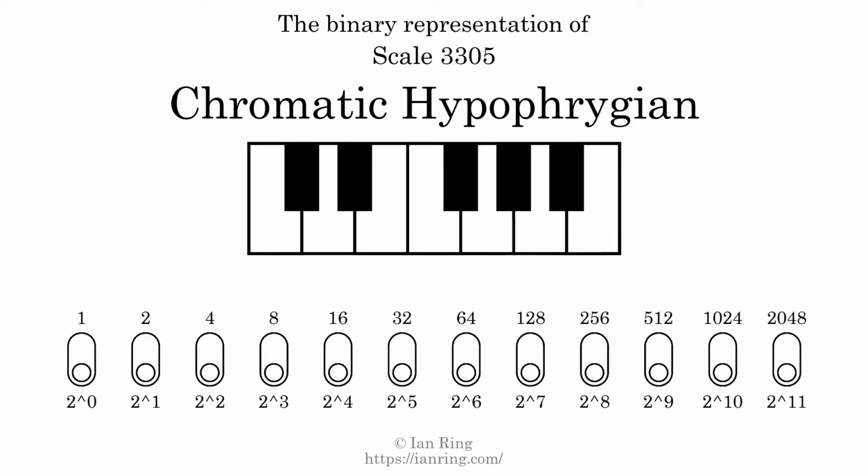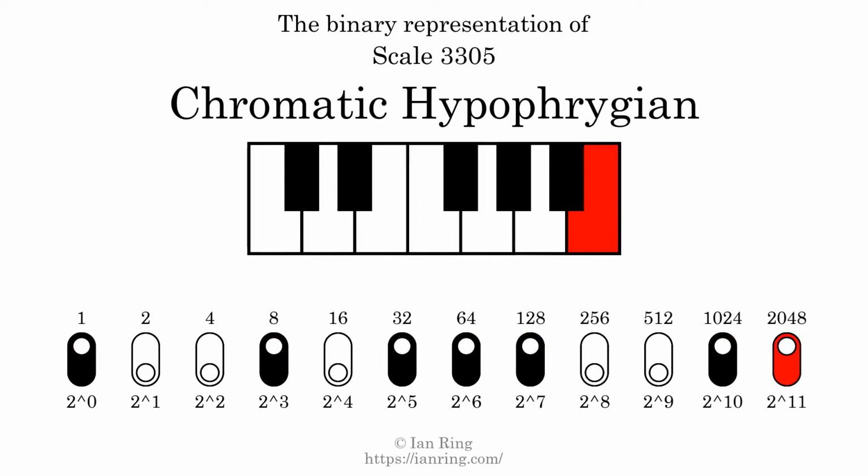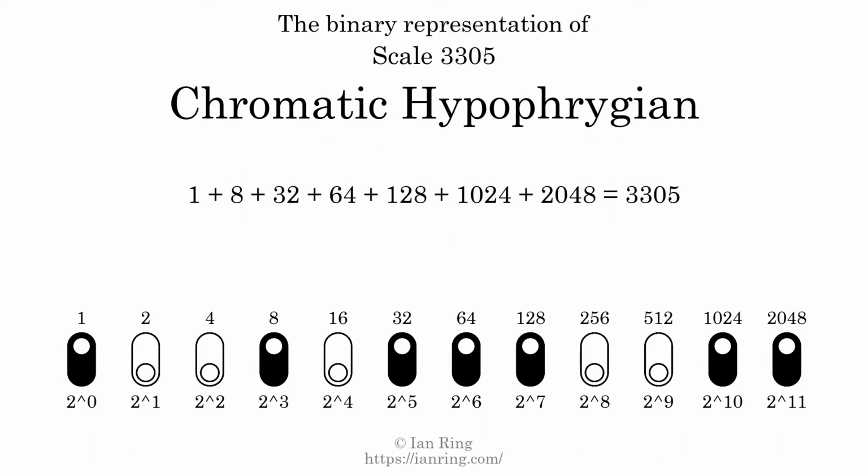The binary representation of this scale is determined by mapping tones of the scale to binary digits. Each binary digit represents a power of 2. To get the scale number, we add the powers of 2 together. The powers of 2 that are present in the scale, all added together, equals 3305. That is why the scale number, in decimal, is